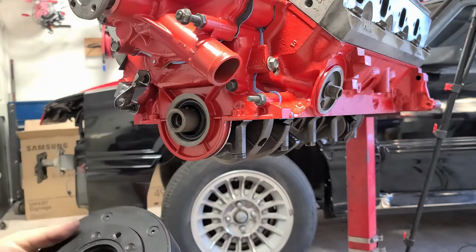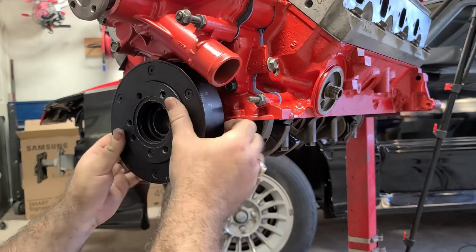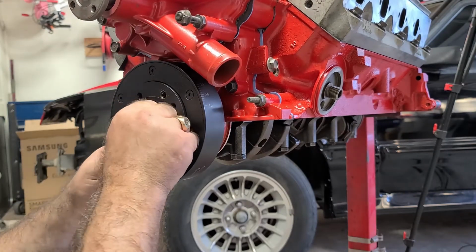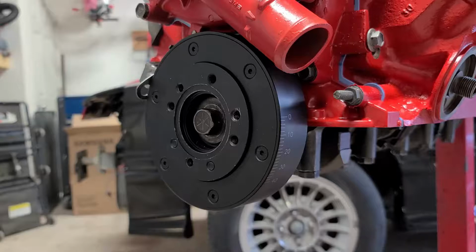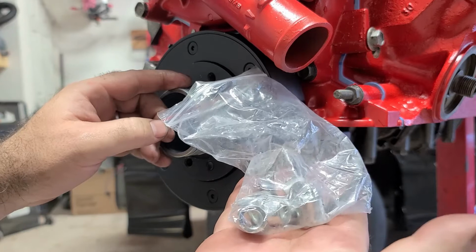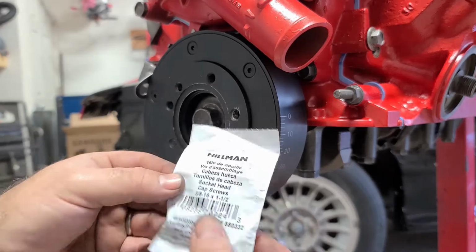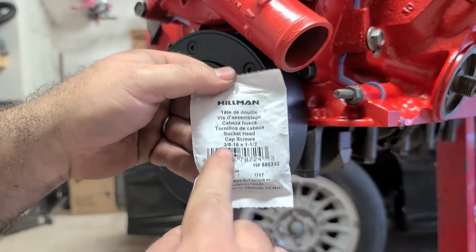So I've got a Trick Flow Balancer I'm going to put on this. When I go to put the pulleys on, I'll show more of this, but the Trick Flow comes with a spacer that you have to run between the balancer and the pulley, and you end up using all of the spacers and the pulley, and this spacer and then all of the bolt spacers. It doesn't come with the bolts for the pulley, so you have to buy them separate. I got these from Lowe's, just Allen headed grade 8 bolts, and that's the size the